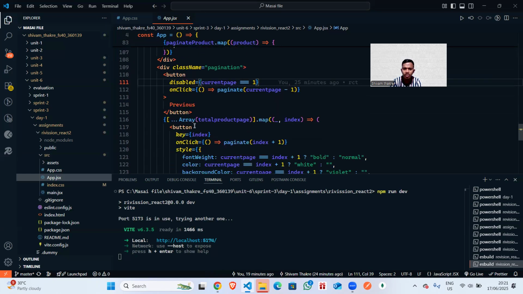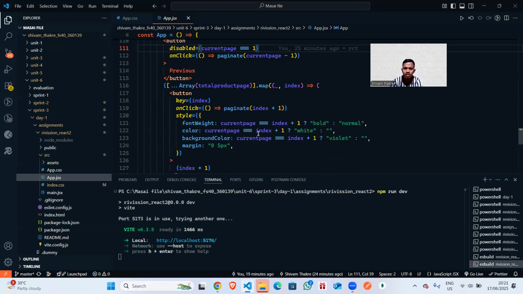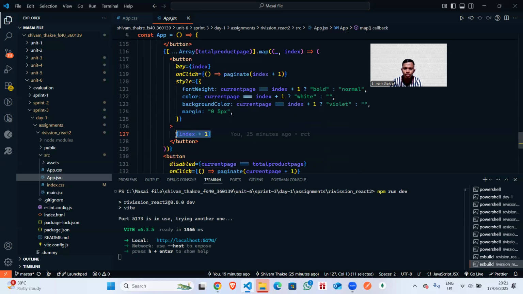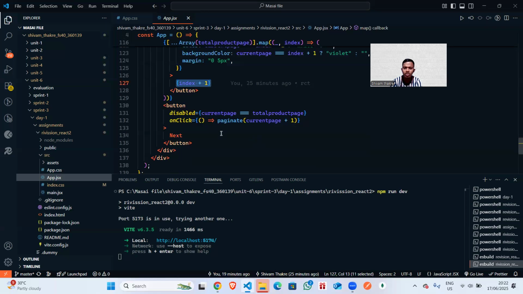Then we create an array with the total number of pages, whose length is all the pages. We map over it, with the paginate function where we pass index plus 1 as the page number, and we apply styling. After that, the last next button is disabled when the current page equals total pages, or else we pass current page plus 1 to the paginate function, so it will be next.